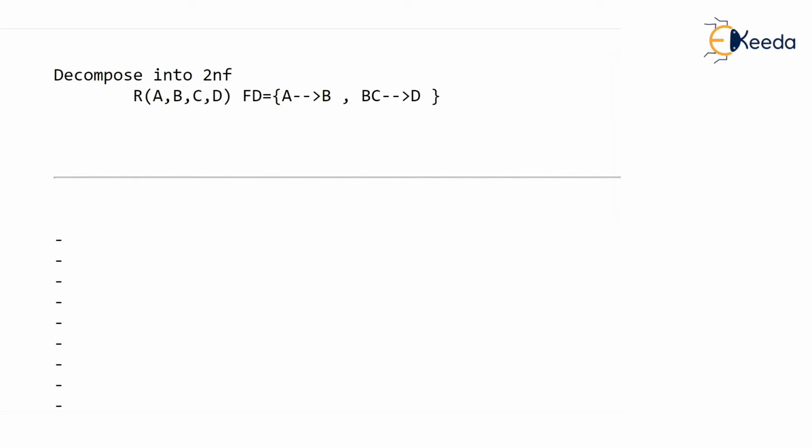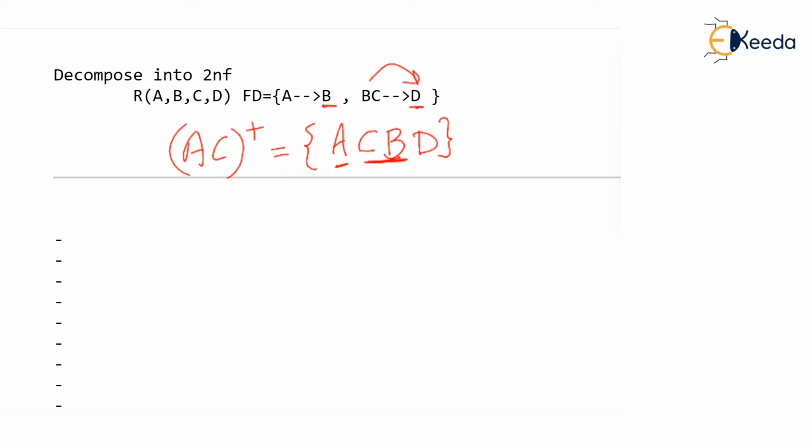Who is missing on the right hand side? Yes, A and C are missing on the right hand side. So AC must be part of the candidate key. If you find AC closure, you will get A and C definitely, and A will bring in B, and BC together will bring in D. So definitely A and C together are the candidate key. And think over it. Now there cannot be any more candidate keys because A and C must be there in the candidate key. You can't remove them, and you can't add anything more because this is going to create a super key. So there is only one candidate key, AC, and now let's find out, are there any partial dependencies?